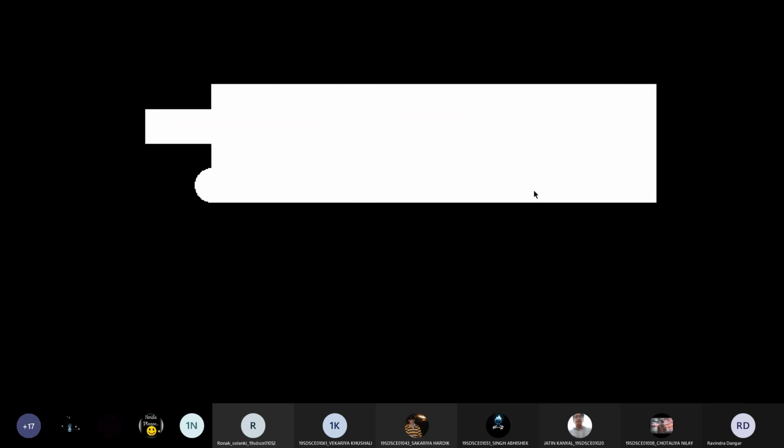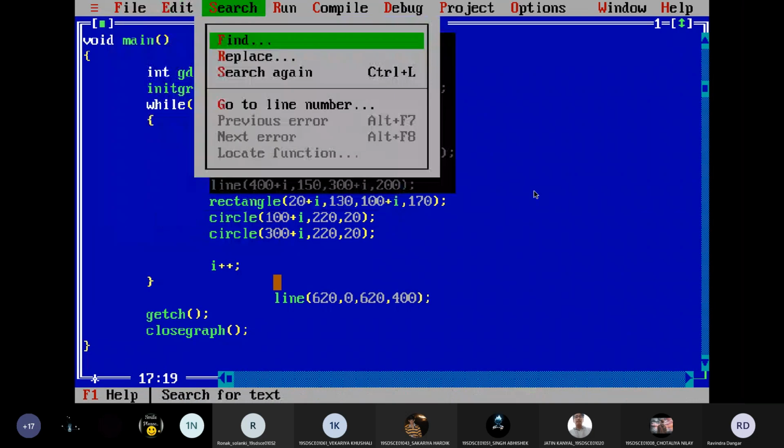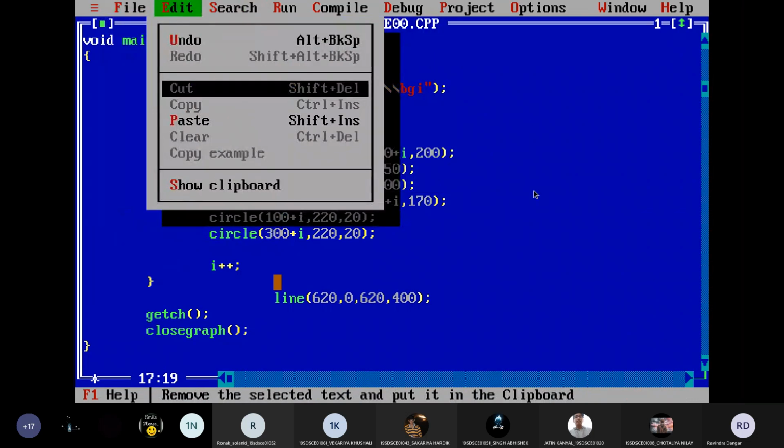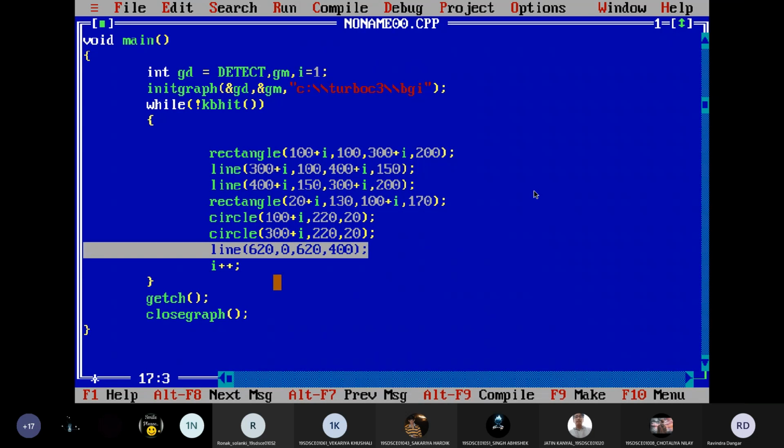You can see it draws the line, but as soon as the clear device function is there, it will clear it. So now what we will do, we will draw the same object here. And let me clear it.